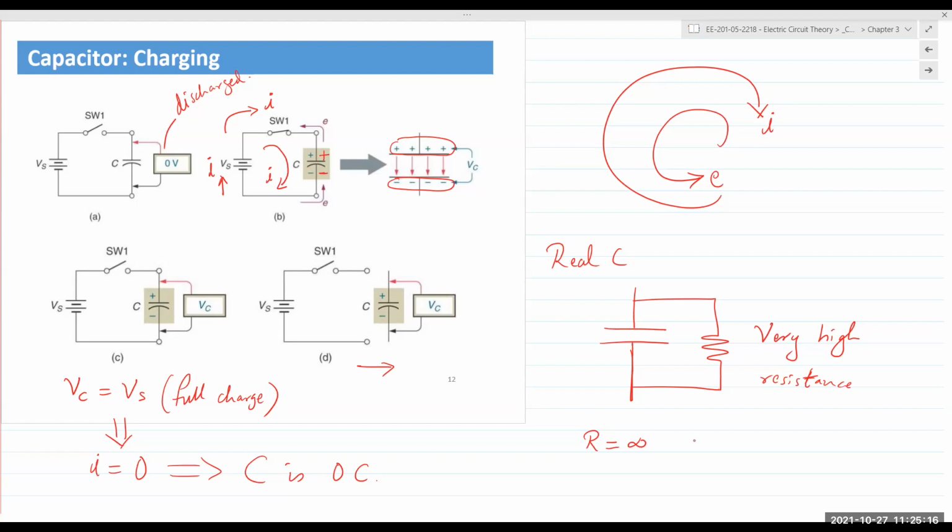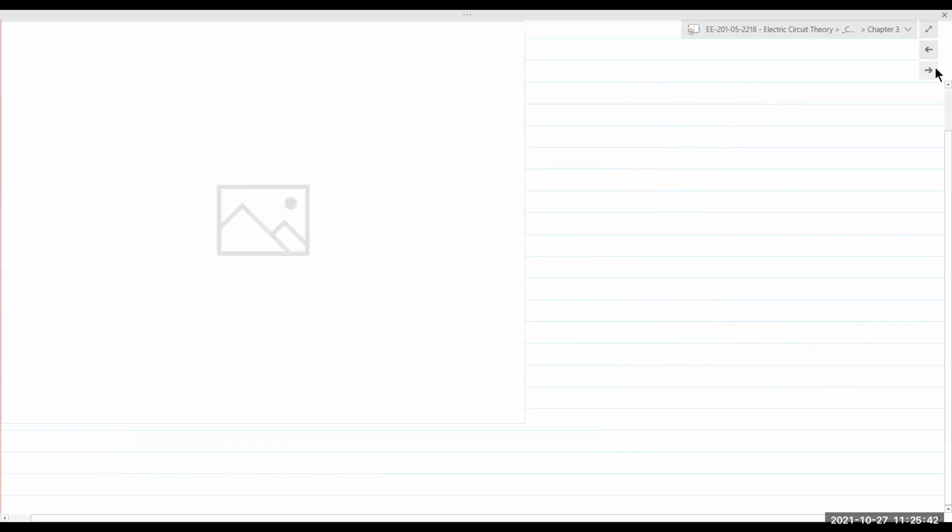Okay. Now, real life capacitors are very, very small in terms of storage capacity. So as soon as you unplug a capacitor out of a circuit, within a few seconds or even a few milliseconds, the charge will be gone. Some capacitors are really big, like 10,000 microfarads or 1,000 microfarads, something like that. So in millifarads, when you have large capacitors, and you take it out of a circuit,